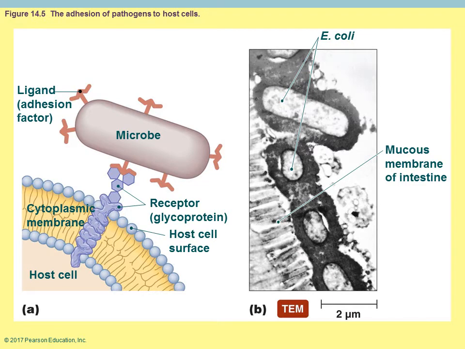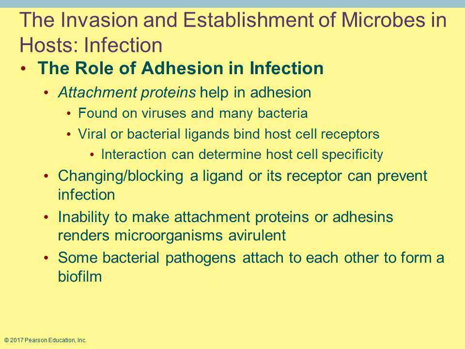Usually what happens, as you can see on this diagram, you have the microorganism, and you have different factors that extend out from the outer membrane, outer wall, that are like docking stations to receptors on the host cell. So this is why it'd be very specific. It sees that site, it attaches to it, and now it hangs on. Usually it involves attachment proteins. If the host cell does not have those quote-unquote docking stations, those receptor sites, then it cannot attach.